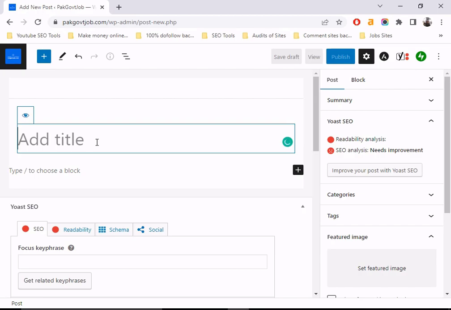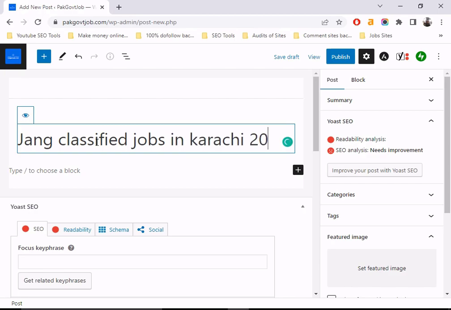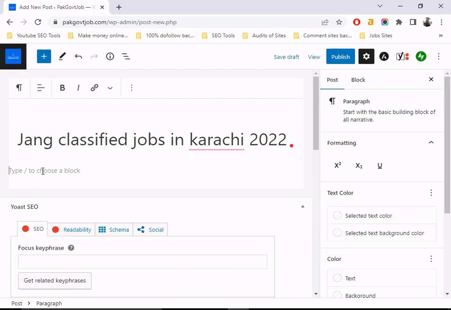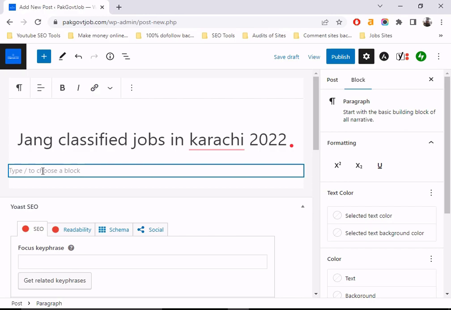classified in Karachi. And here you write your paragraph. Latest job in Karachi. I write my paragraph, and from here if you want to increase your font size, click on medium,